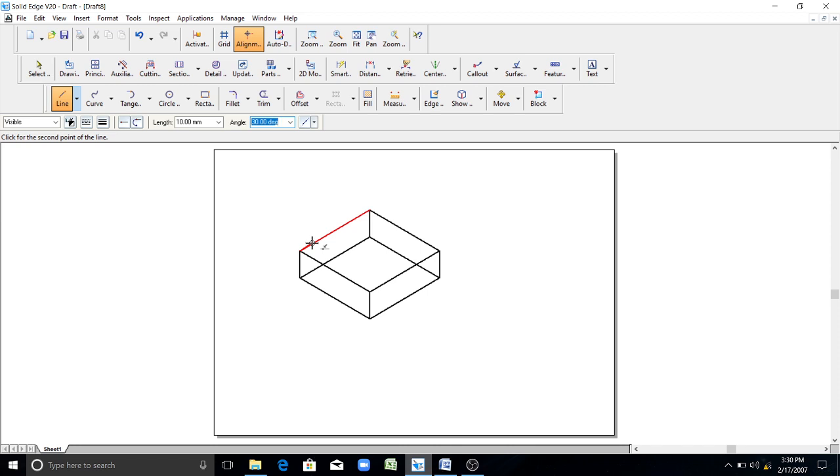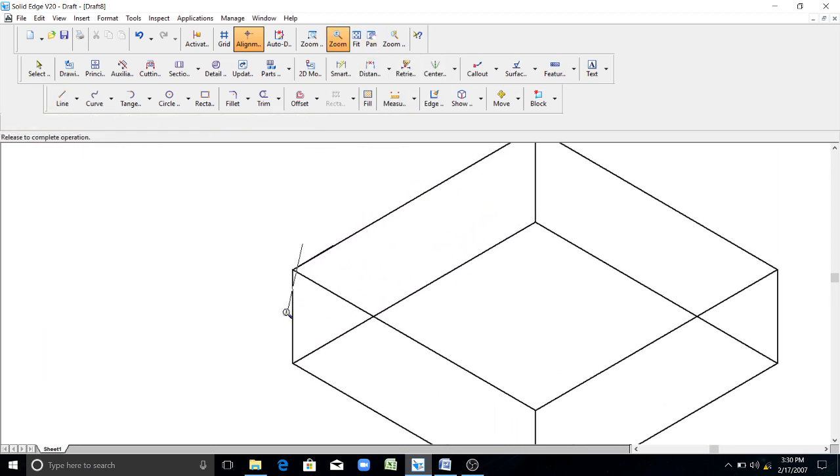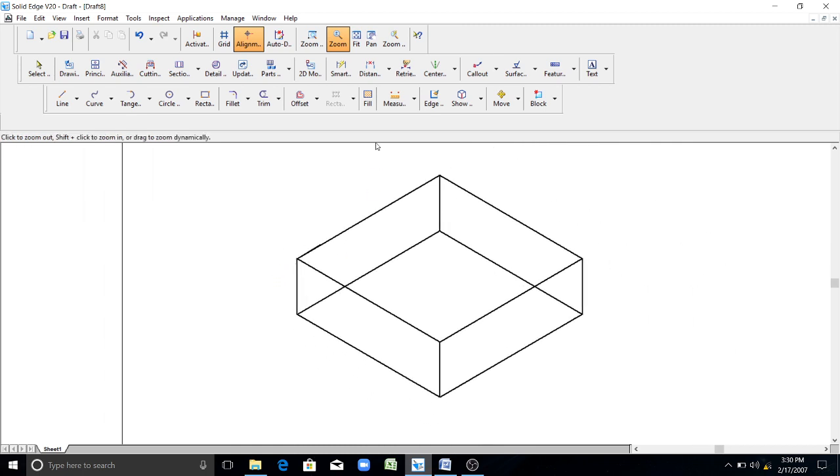Click on this. If you want to see anything here, you can zoom this. See here, zoom and zoom out by clicking this option here. The length of this line is 60, and the angle is 30 degrees.